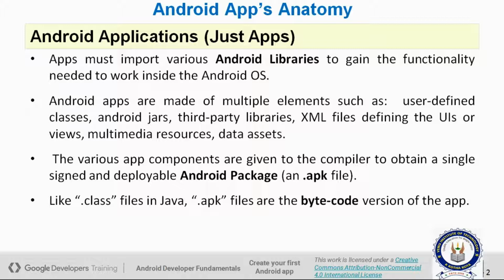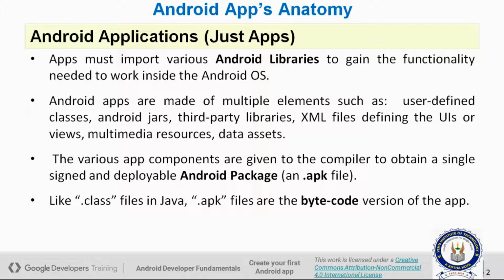So first we have to design the application's front end part, and then we have to code the program. We have to code and link all the application parts, and then it automatically compiles from .java to .class file, from .class to .dex file. After getting the bytecode version, it automatically deploys, or exports, as an APK file.